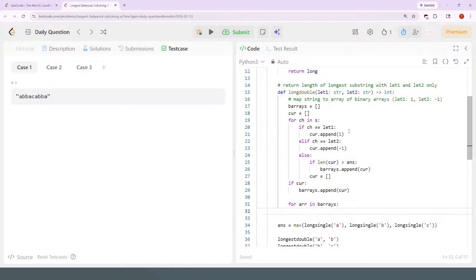I think you can do something where I guess I could even process the binary array right here. For every array in binary arrays,